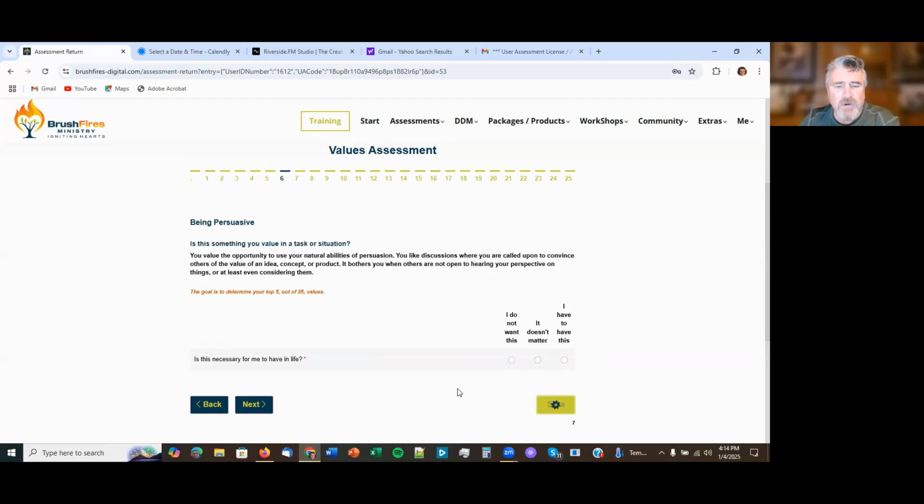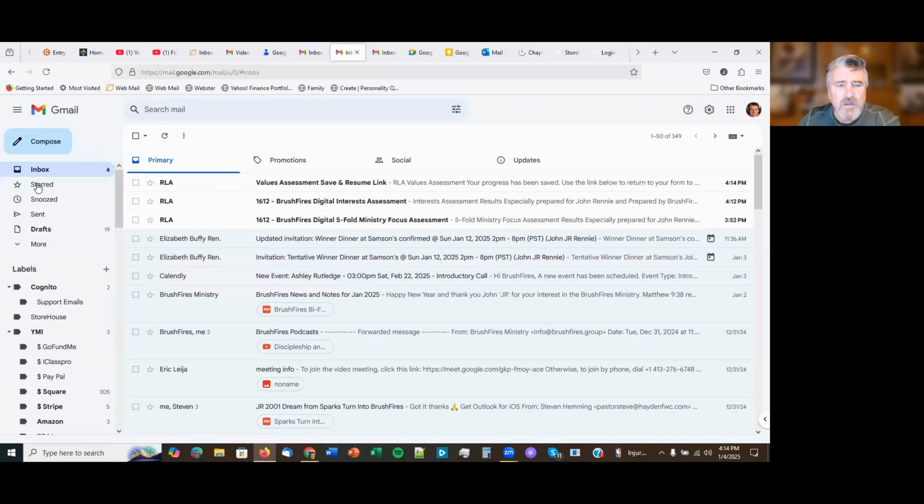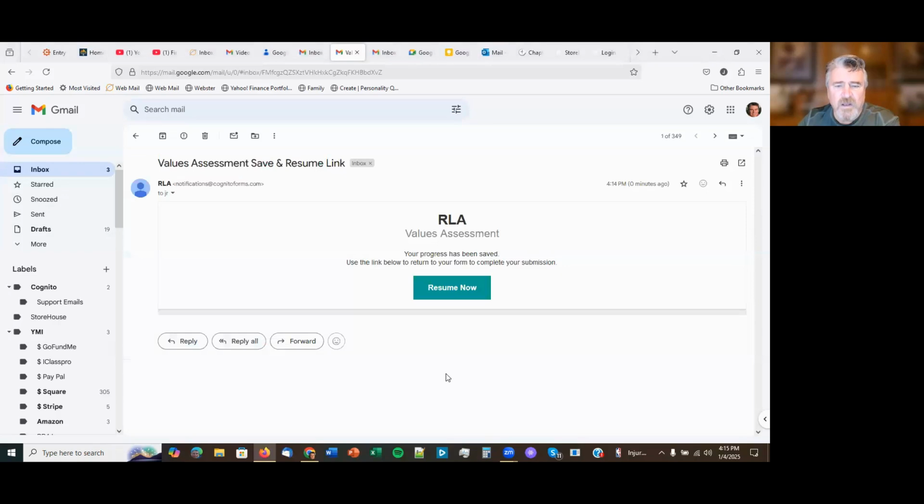We want to wait for the pop-up, and it's going to confirm where you're going to email that link, and we'll hit send. We'll check our email. So in my email, we're going to see a couple of things here. First of all, we're going to see the assessment results that were emailed to us for the fivefold and so forth. But we're also going to see the restart link for that values assessment. So if I hit resume now,